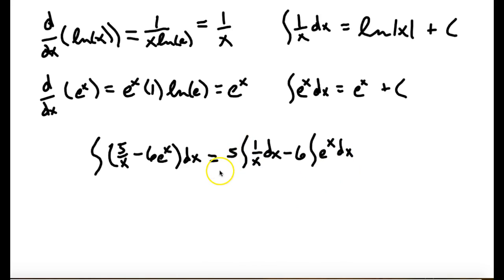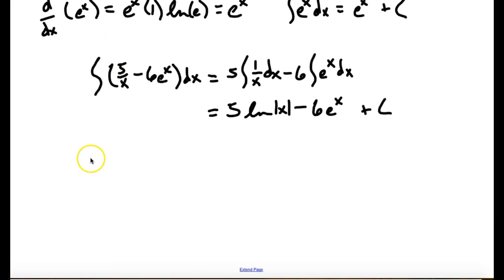Sometimes students get confused and think this 5 should go on the inside of the natural log, but if we see how we use our properties here, if I pull that 5 out, we can clearly see that that 5 will go out in front of the natural log like this. Well, 5 times the natural log of the absolute value of x minus 6, the antiderivative of e to the x is just e to the x, and then plus c. All right, so how about you guys try